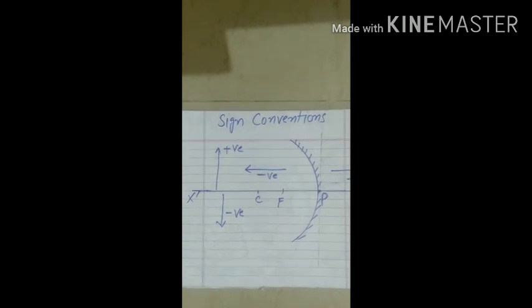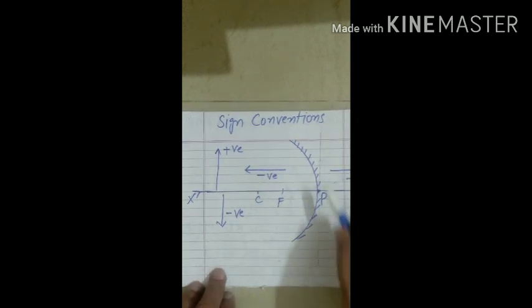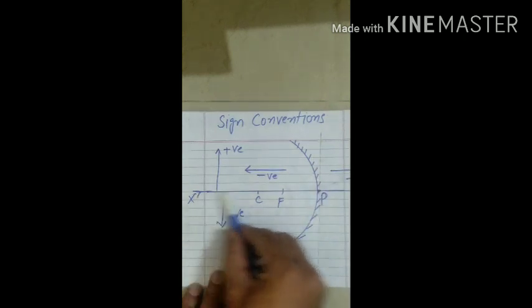Children, regarding sign conventions, the exact diagrams with their respective postulates, mirror formula and linear magnification formula, already 3-4 pics have been provided to you so that you can copy down from there only. But to make it understood, I am discussing the sign conventions first. These are basically based on the Cartesian plane. Children, if you consider this page as a Cartesian plane, say this is your y-axis and this is your x-axis,